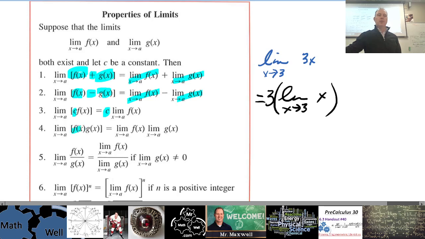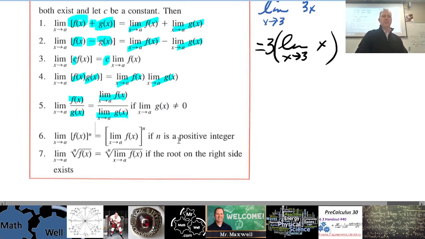Multiplication, okay? It's not like the product rule when you're taking a derivative. With limits, if you have a product, you can just take the product of each individual limit. Same with division. If you're dividing, you can separate the limits. That's what we did in chapter 5, finding horizontal asymptotes. The last two listed here,